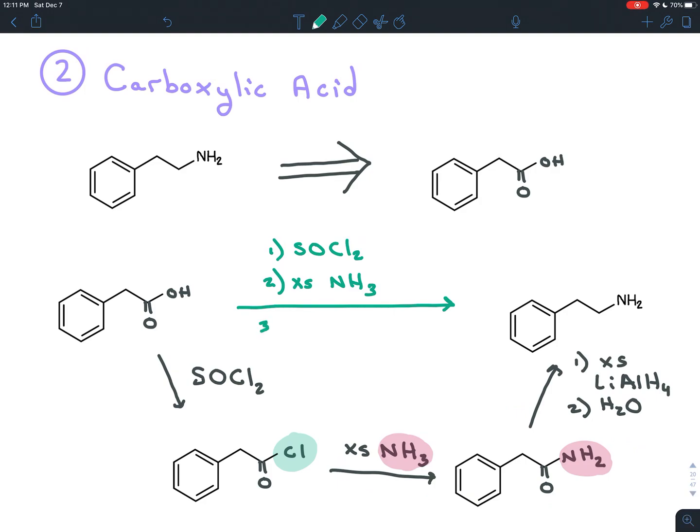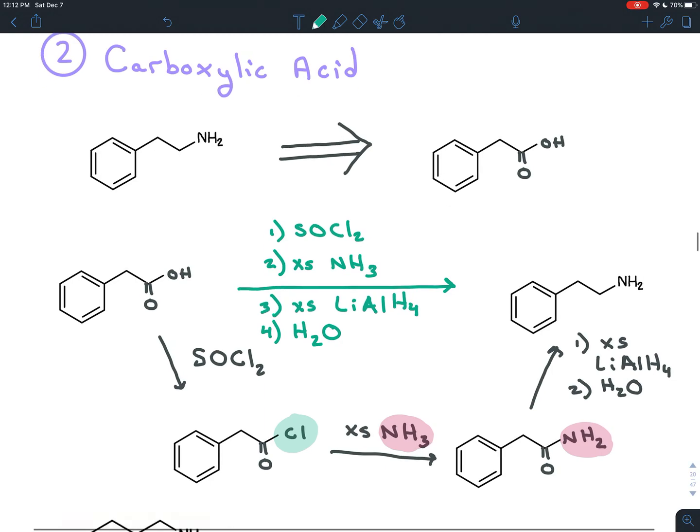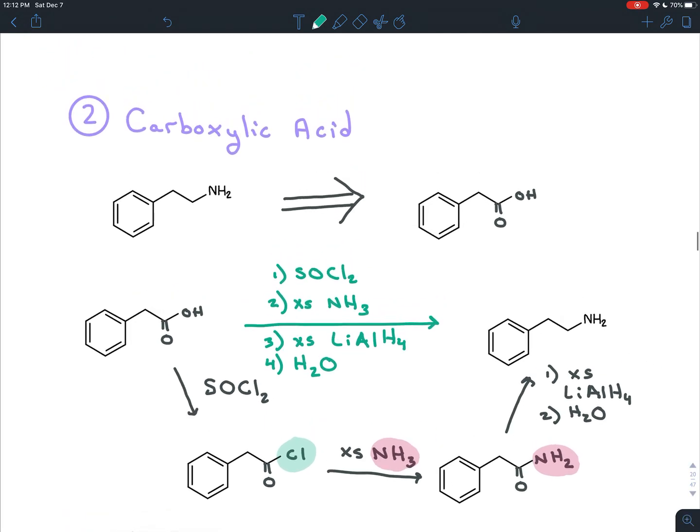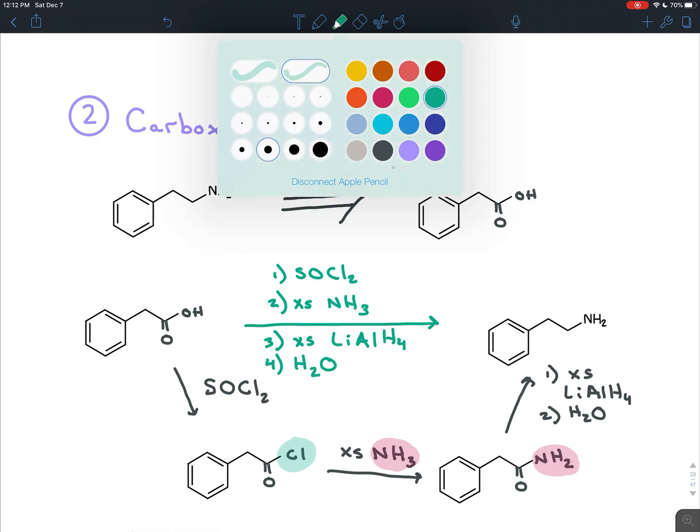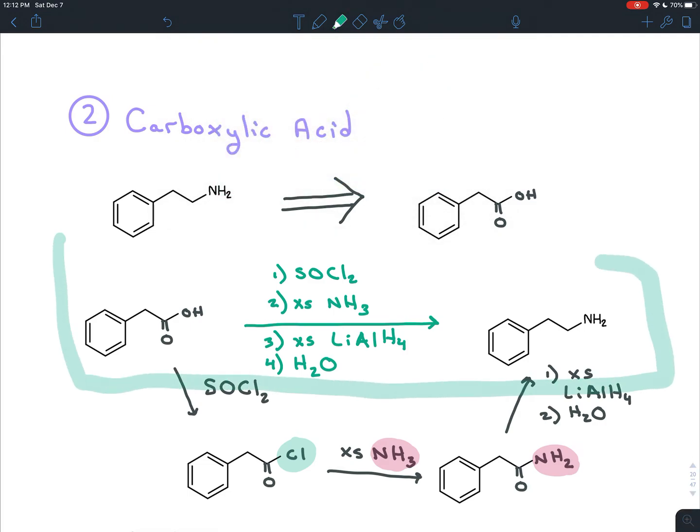And then you can reduce the amide using excess lithium aluminum hydride, followed by a water wash. And so this would be a way you can synthesize that amine that they gave us